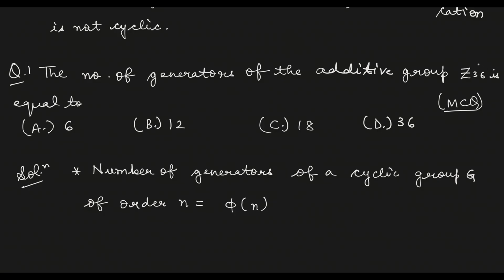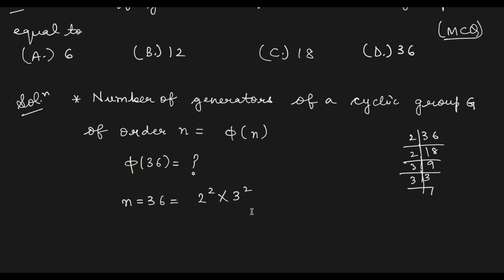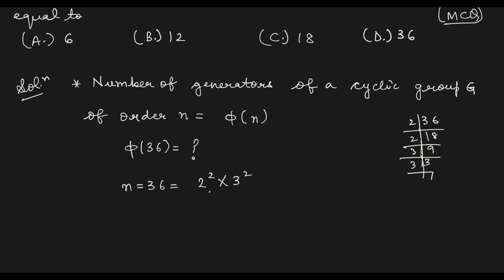Zn with respect to addition modulo n is a cyclic group. So phi 36. Here n is 36. Prime factorization of 36 is 2 square into 3 square. Now phi 36 is